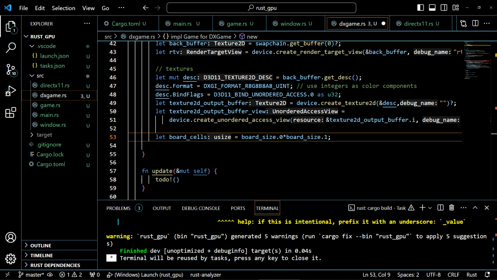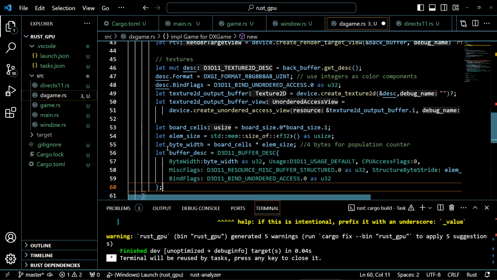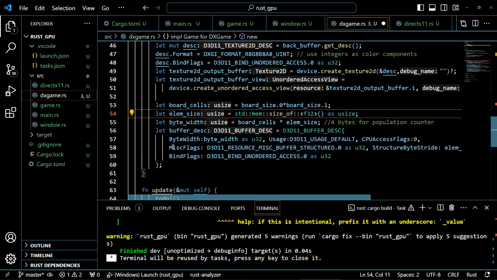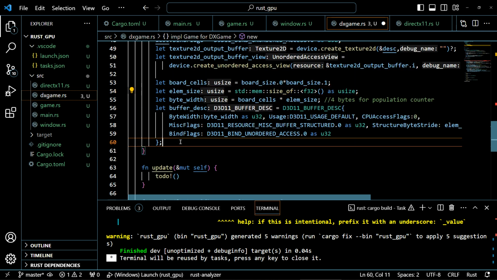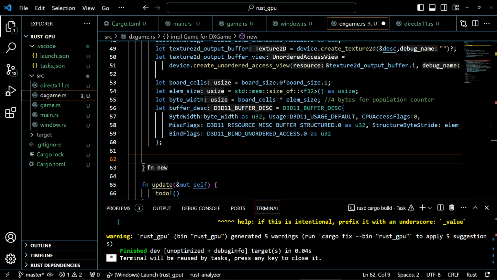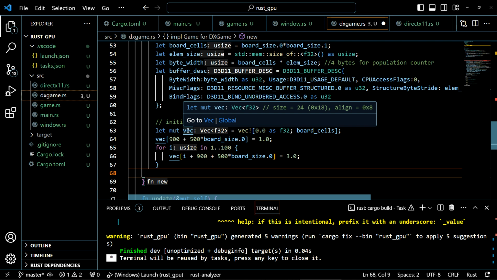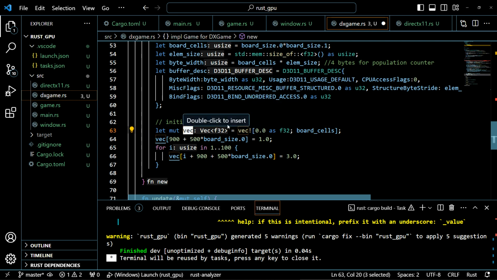Initial positions has initial positions of each element of the game. So each pixel of the board has position and velocity buffer. To create these two buffers, I need a vector. I need a vector to create initial positions,